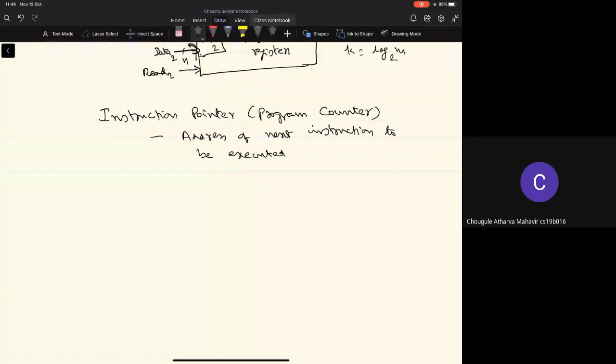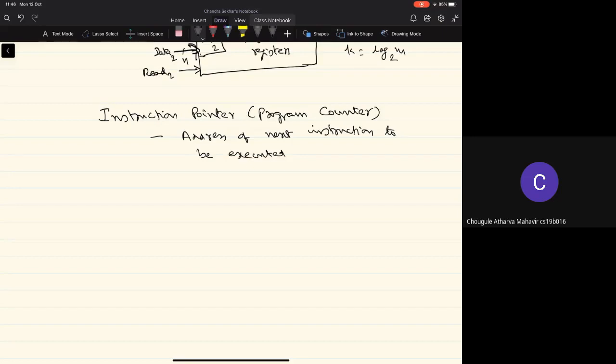If there is no branch or jump instruction, then the next instruction will be available in the next location in the memory. So what has to be done? After we get the current instruction at the address specified in the instruction pointer, we have to increment the content of the instruction pointer, typically by 1.